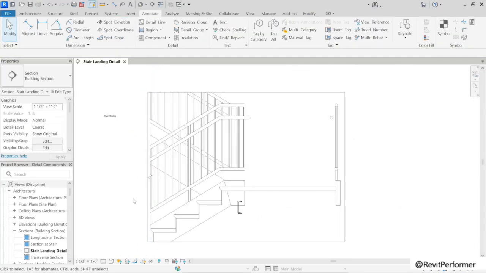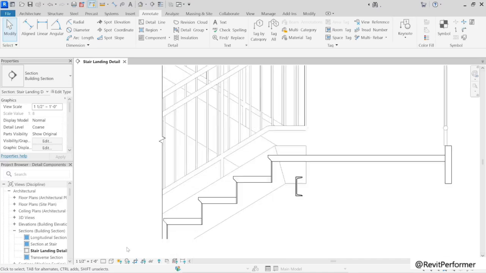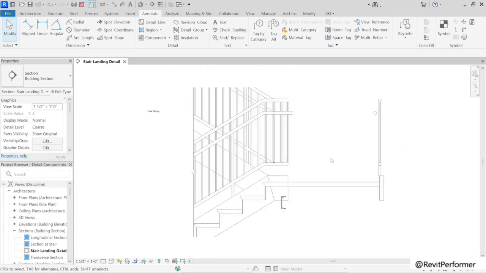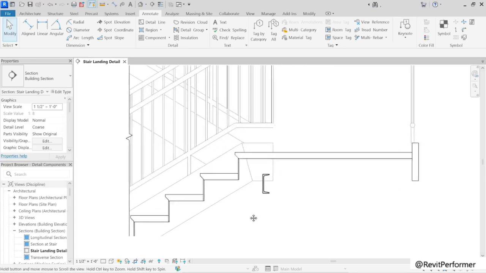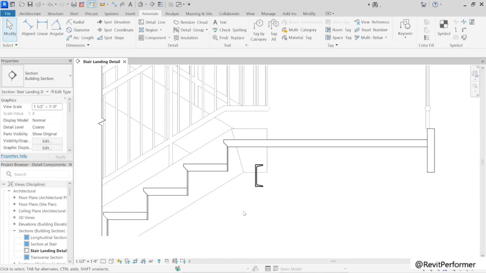Now, to really understand what that's going to look like, you might want to toggle off the visibility of the crop region. And so that's what it will look like in the final effect there. You'll just sort of have that break mark on the end. Now, if you want to add an additional one here at the bottom edge and along the top edge, you're welcome to do so. But I'm going to skip that for now and move on to some additional detailed components.